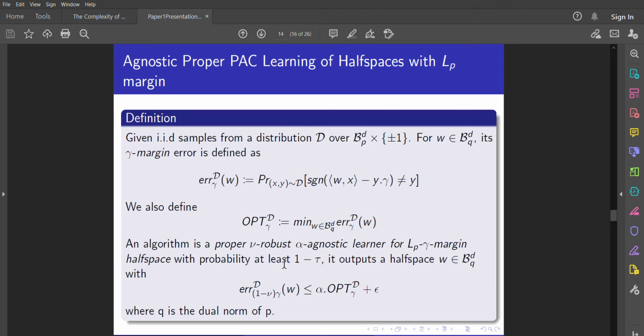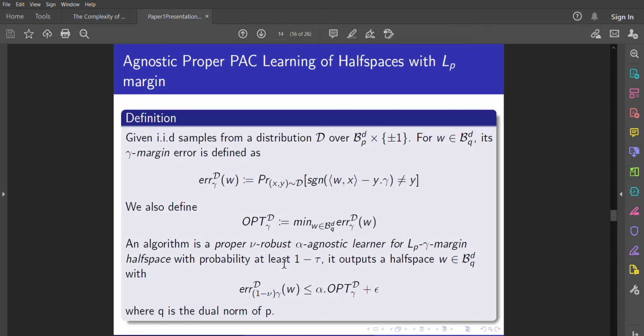So now that we have relaxed our definition, the authors say that this problem of adversarially robust agnostic PAC model is equivalent to agnostic proper PAC learning of half spaces with Lp margin. Also, it should be noted that our functions are bounded by a d-dimensional Lp unit ball B_p^d. So let us define this problem formally. Given IID samples from a distribution D over a unit ball B_p^d, with labels plus or minus 1, for w belonging to B_q^d, its gamma margin error is defined as the error of w is nothing but the probability